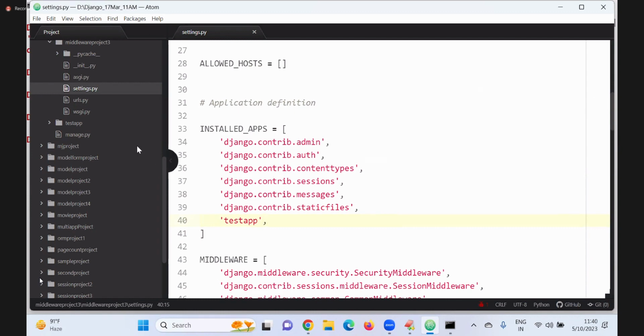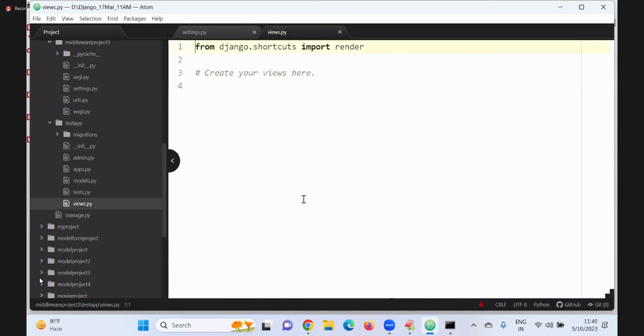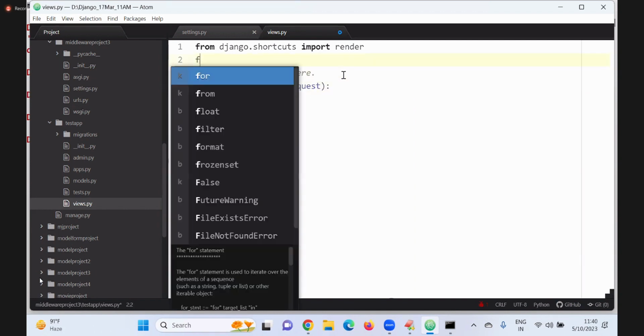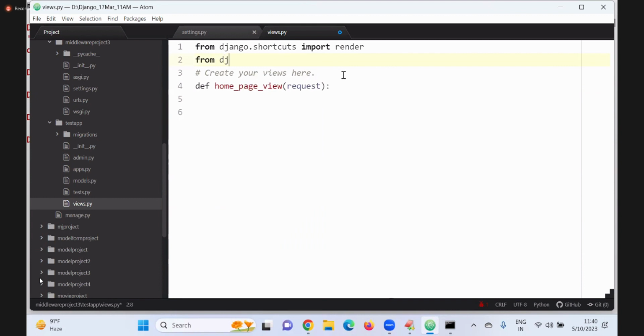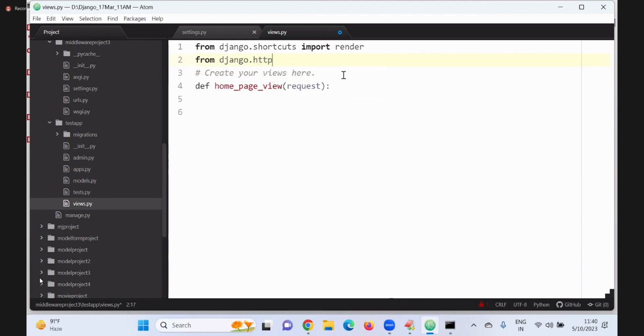Next, what to do? In views.py, what we have to do? Create one view, def home underscore page underscore view. Inside, I am getting request. From django.http import HttpResponse, completed.